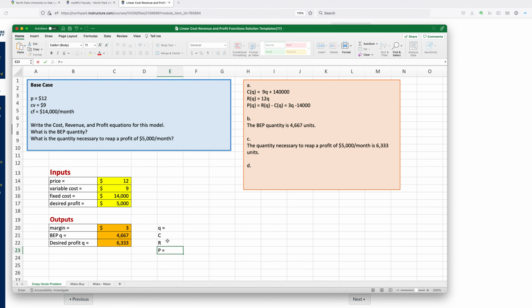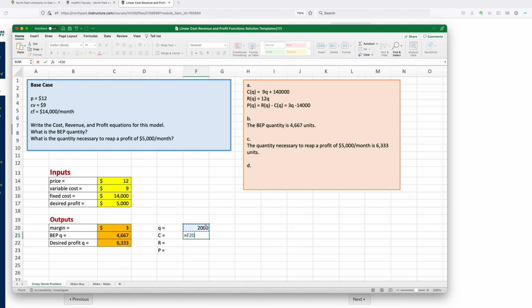And I could put equal signs for each one of those, because I have all the parameters already stored here. I'm doing pretty good. So let's say I want to put 2,000. Well, what I'm looking for is my cost. What's my cost when Q is 2,000? I would say it's going to be equal to